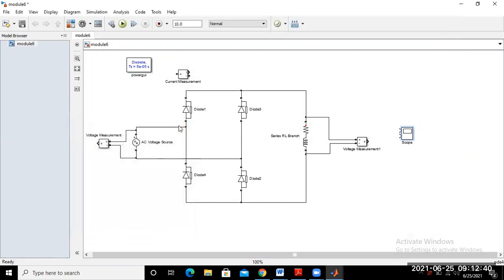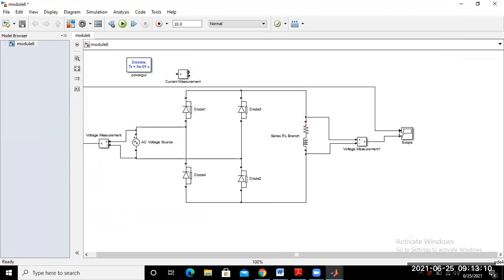Now just connect this scope with this voltmeter and this voltmeter output. Maybe go to this one, connected to here, and the voltmeter output for the input voltage waveform variation is shown by this circle.